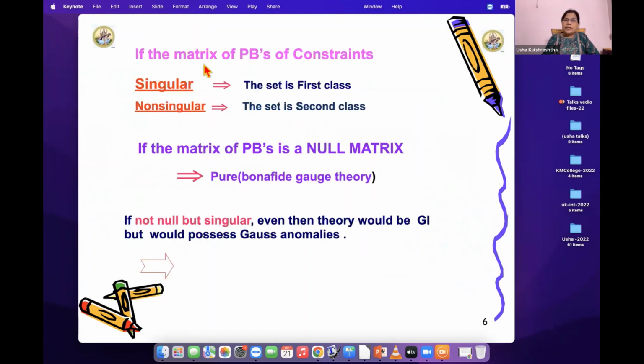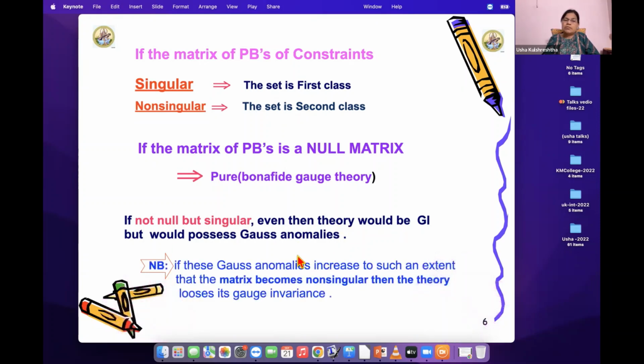And further, if the matrix of Poisson brackets among these constraints is singular, then this means that the set of constraints is first class. And if it is non-singular, then we say that the set of constraints is second class. But if the matrix of Poisson brackets among the constraints is a null matrix, then it represents a pure or a bona fide gauge invariant theory. But sometimes if it is not null, but it is singular, even then the theory remains a gauge invariant theory, but it possesses some Gauss anomalies. And sometimes these Gauss anomalies increase to such an extent that the matrix becomes non-singular,